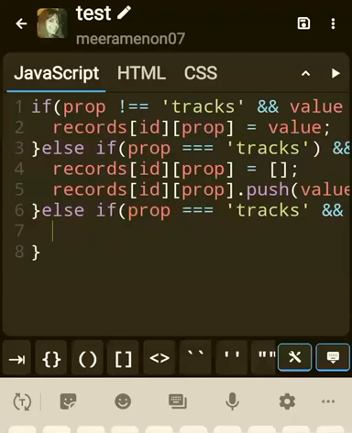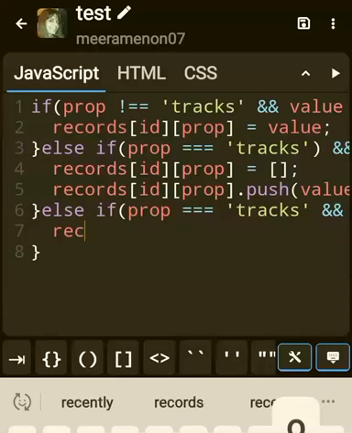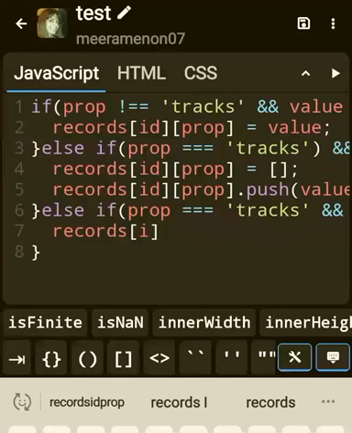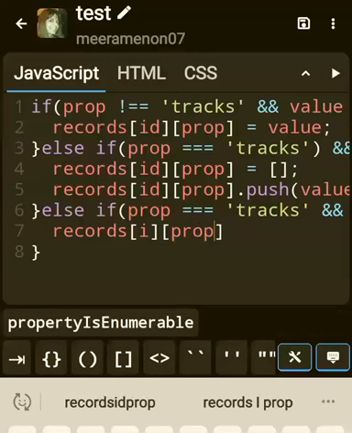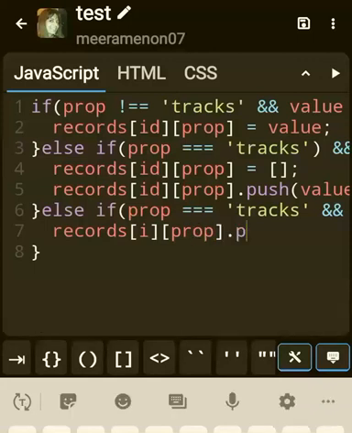Okay, so what do you do? If prop is not tracks and value is not an empty string, add the value to the end. So again, write the object, access it through the ID. So records ID prop. This is for every album you have these objects. So dot push, add value to the end of the album's existing tracks array.